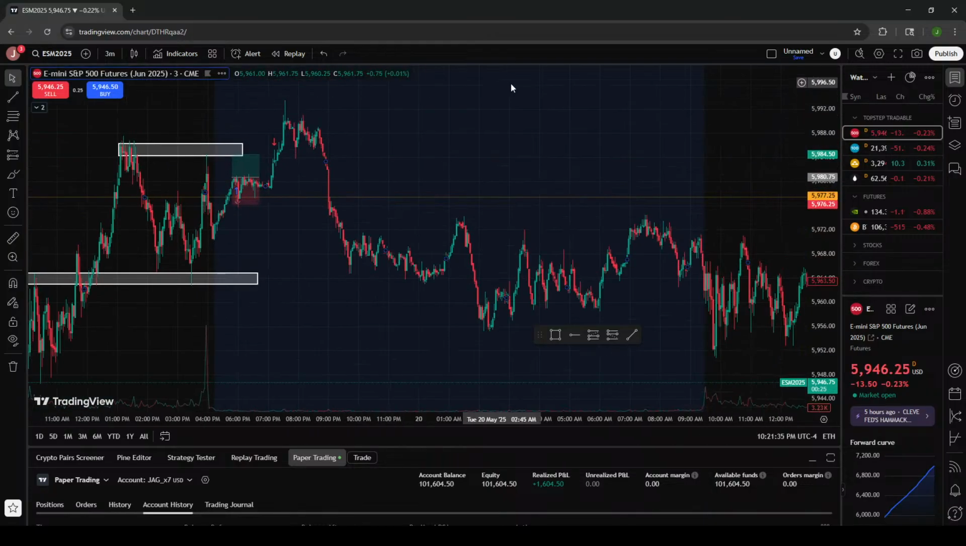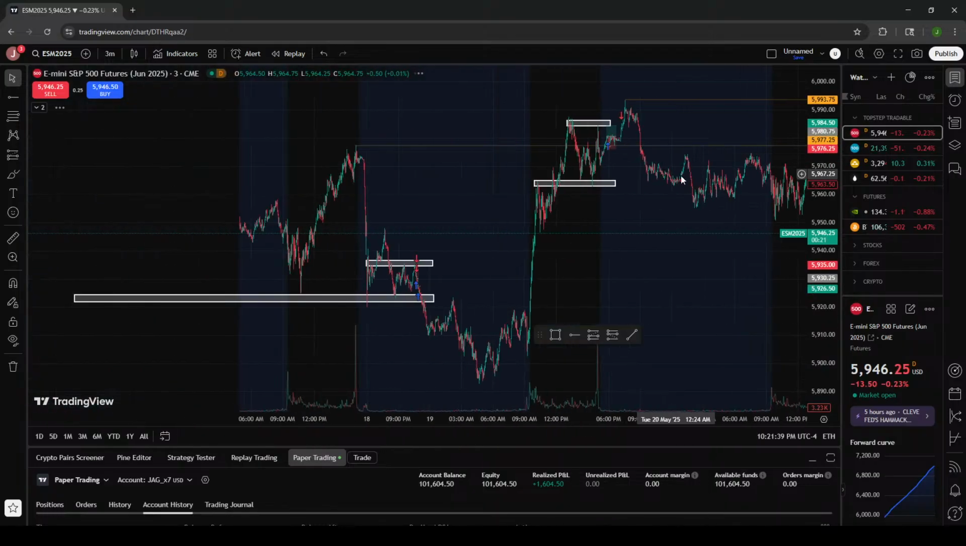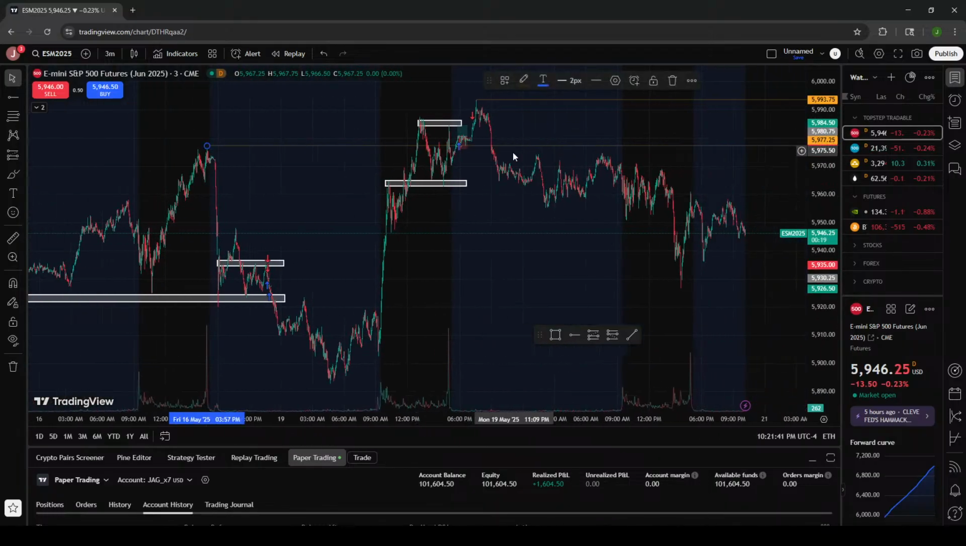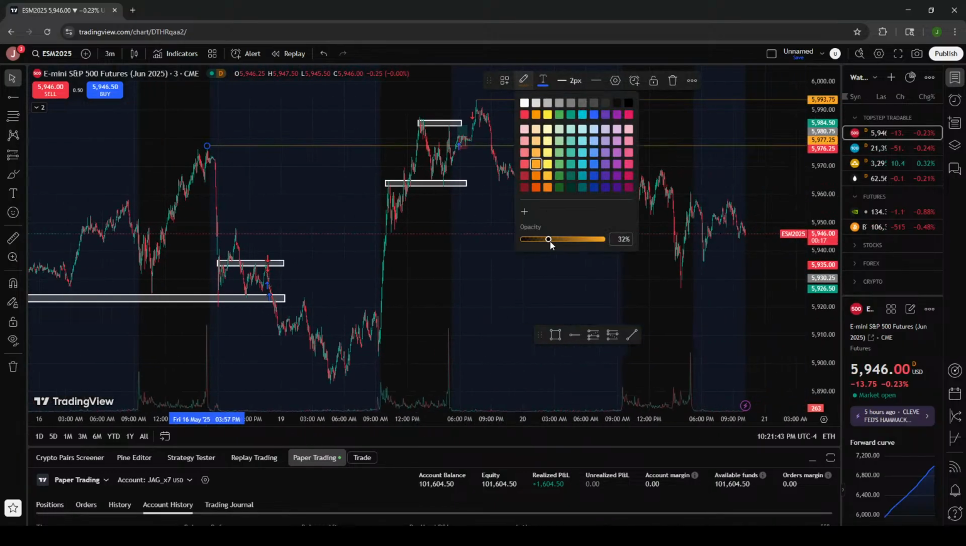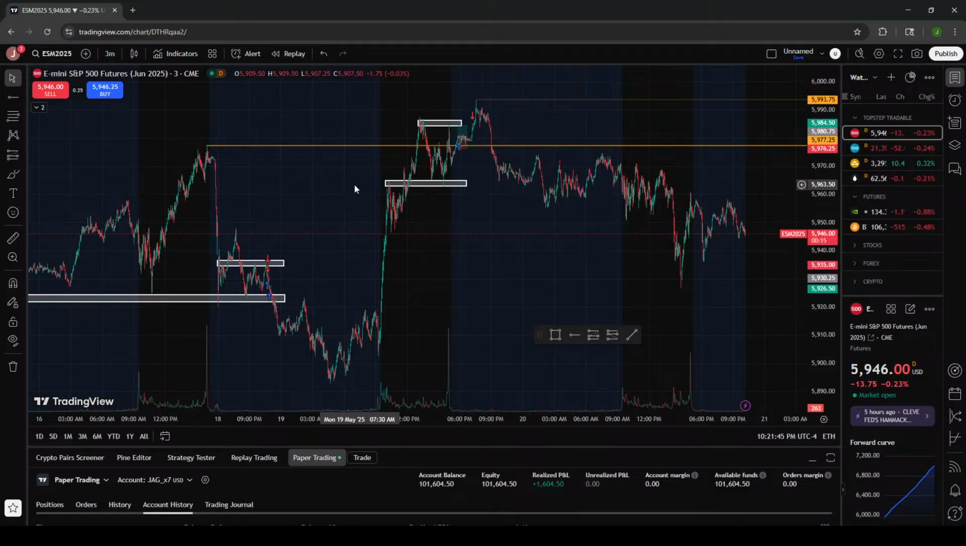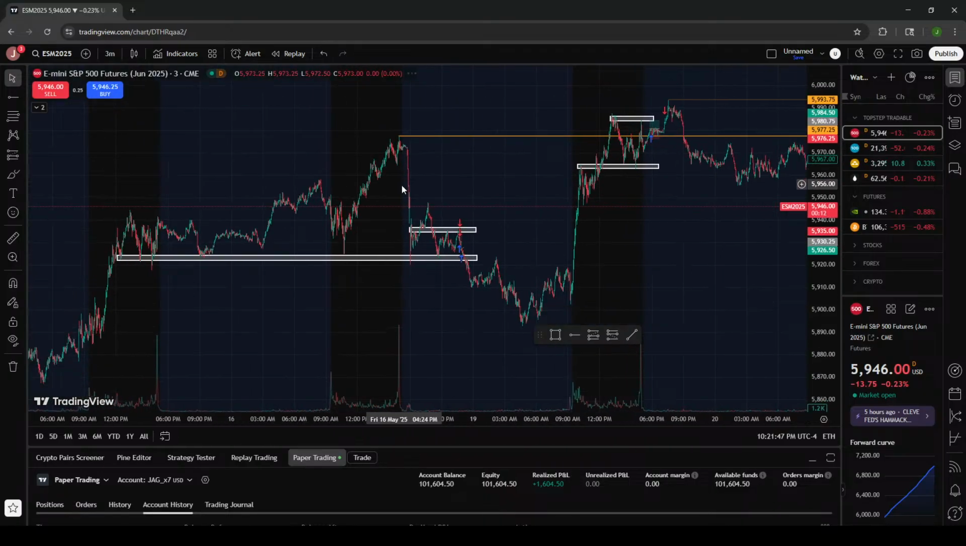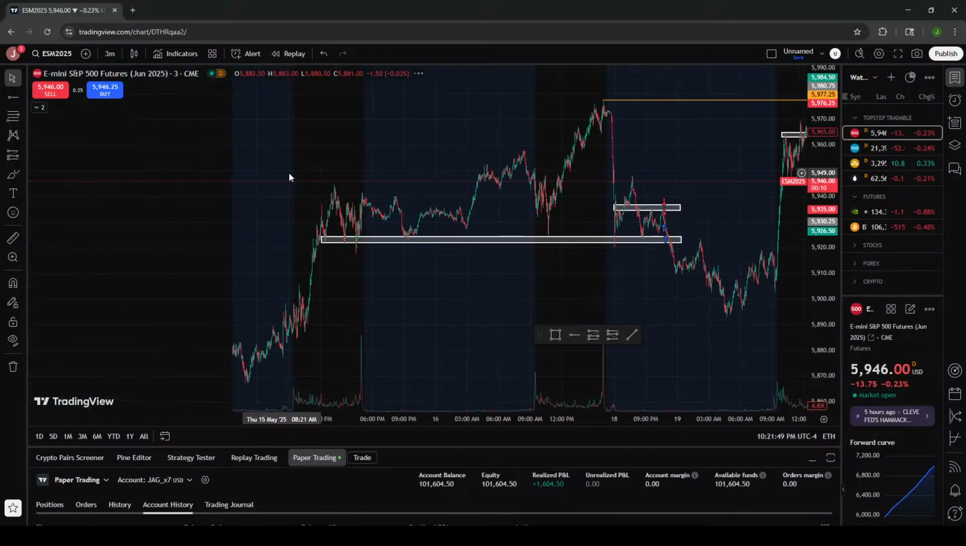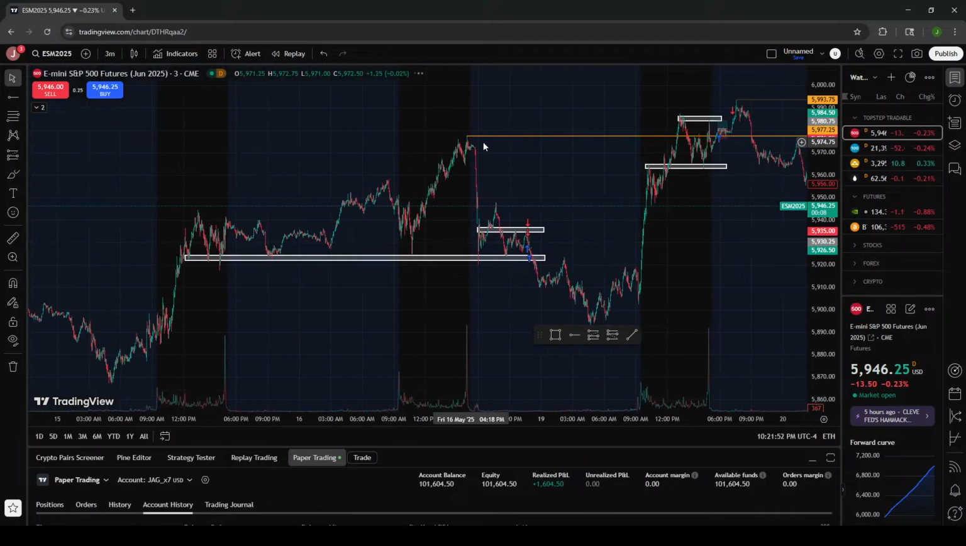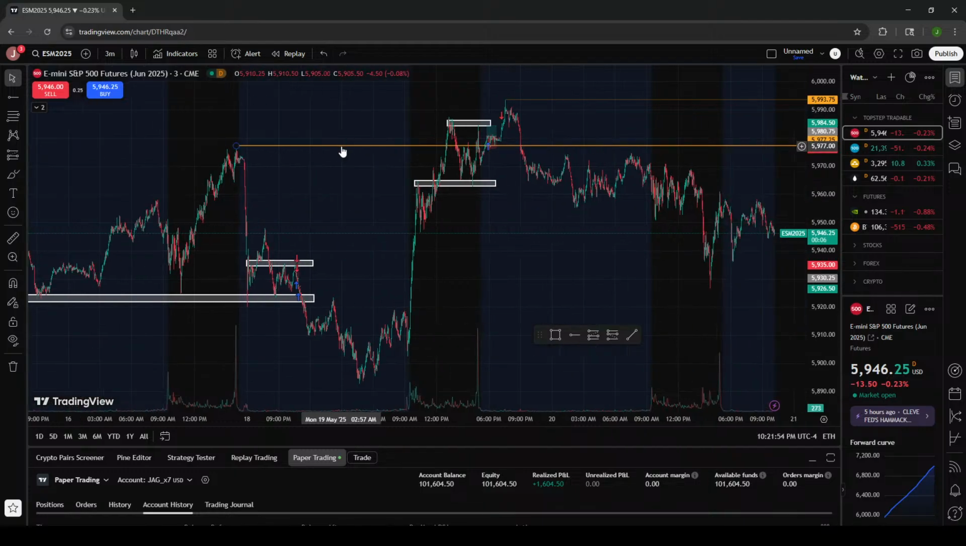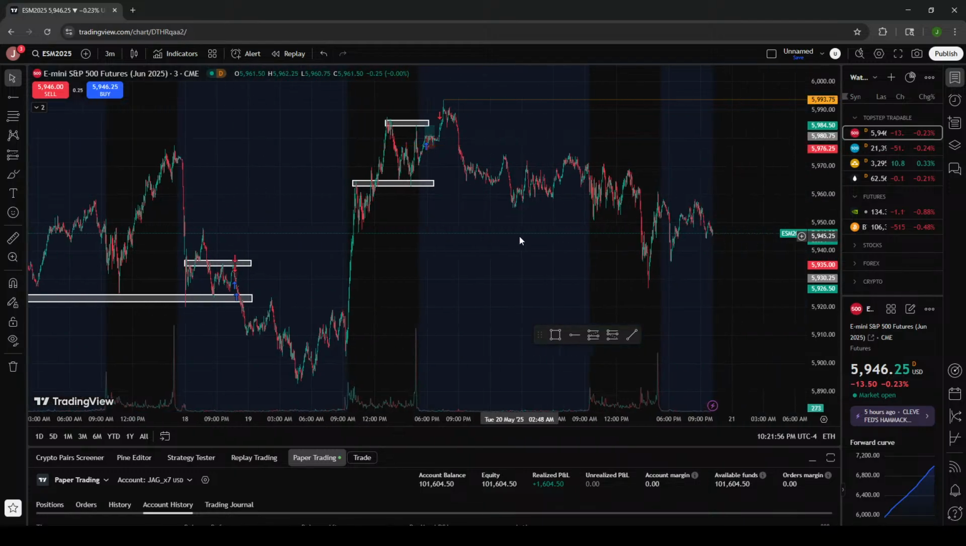Mark the high of the day is usually what I'll do, or the high of the market, to see where it's getting to. As you can see, I had a line already here. Make it a little brighter. That was the high of the market for the week. It just kept dropping. I'm gonna get rid of this one because it's no longer